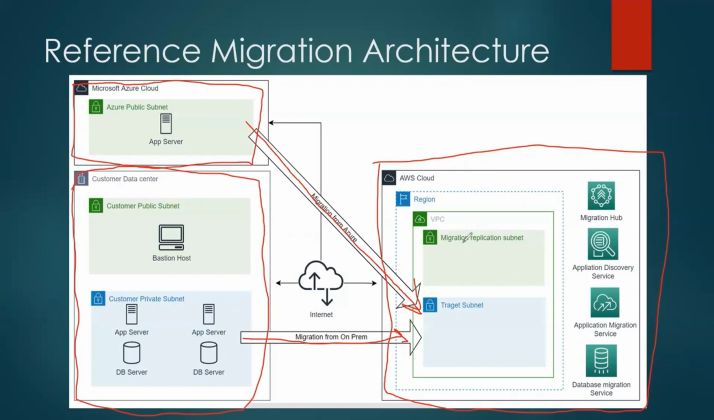On the AWS cloud also, we create the same: the region in which we are going to host the infrastructure, the VPC, the planning for creating the subnets for migration, and the target subnet where we are going to deploy the customer infrastructure. Similarly, we will use various AWS services like Migration Hub, Application Discovery Service, Application Migration Service, and Database Migration Service to migrate the applications for lift and shift and modernization of the databases from the customer data center and from